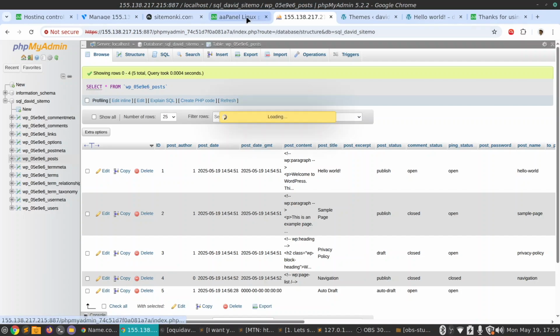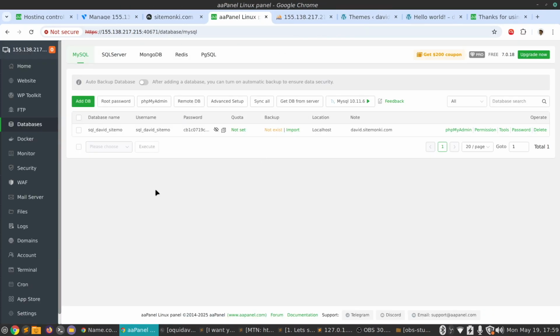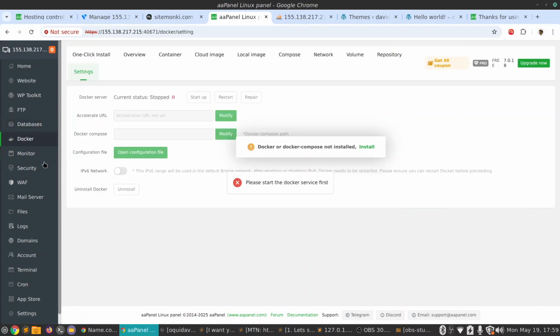Okay, looks good. Yes, so you have phpMyAdmin, you have remote DB, advanced setup, and so forth. And I think you also have an option to enable auto backups, and then you also have these various databases. You have SQL Server, Mongo, Redis, and PGSQL. That's interesting. Okay, then interestingly, you have Docker also. So if you're a pro user or if you're a web developer and you want to use Docker containers and stuff,